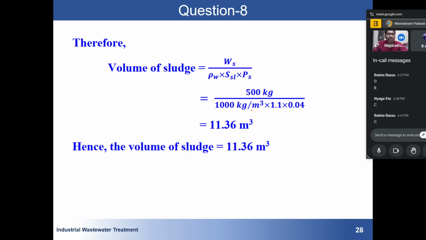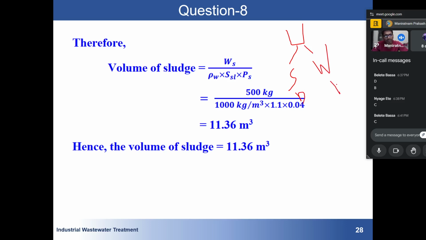This is also given in your lecture notes. Remember, this is not a formula. Some people mug it up, then there will be a slight variation in another question and you will get confused, so don't focus on the formula. Just remember two things: we will have one sludge. It will have solid, and solid will have its own density. Then the sludge will also have